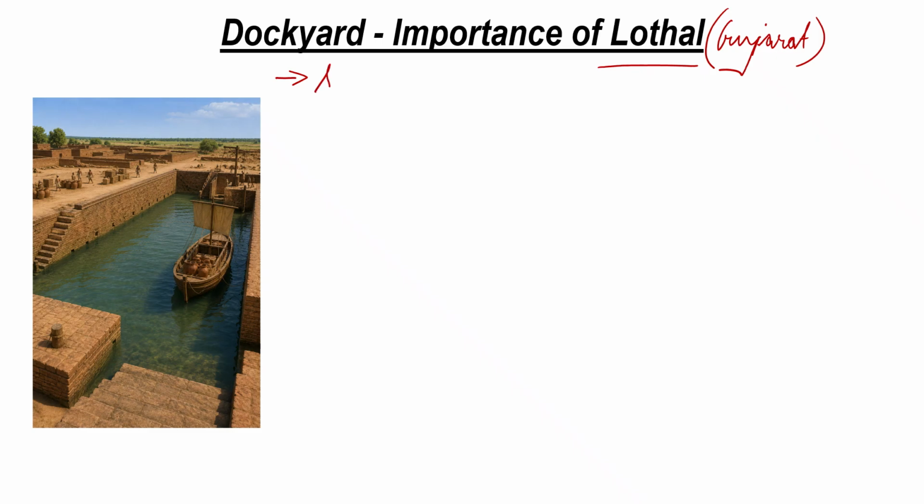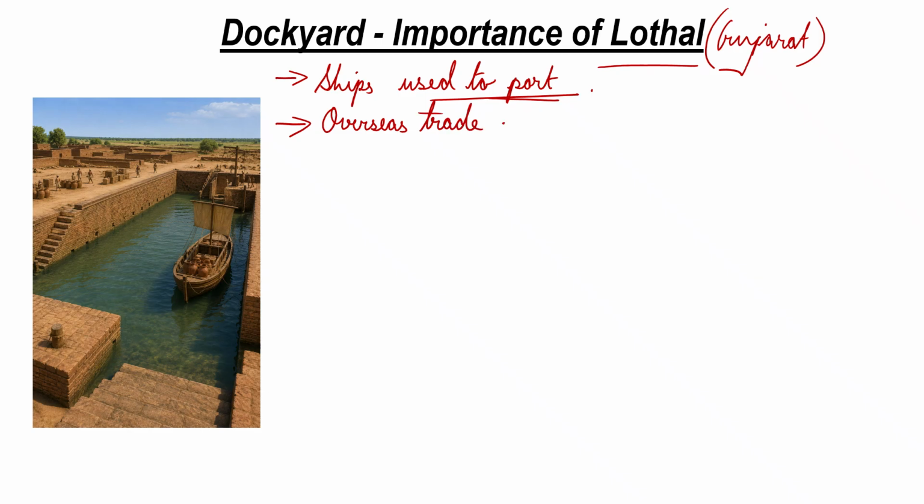Dockyard means where ships used to port. So this was a port for the ships used for trading activities. So this dockyard also gives us an evidence of overseas trade, which means trade crossing the oceans. So overseas trade may have been very important in the Indus Valley Civilization, and thus we get to know about